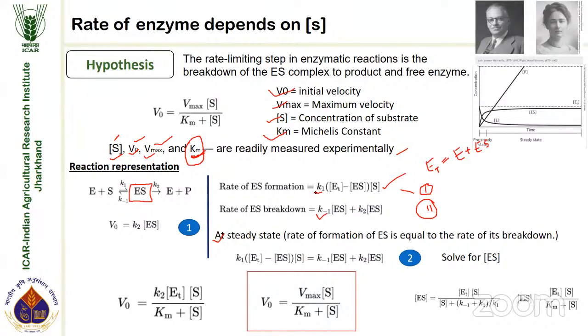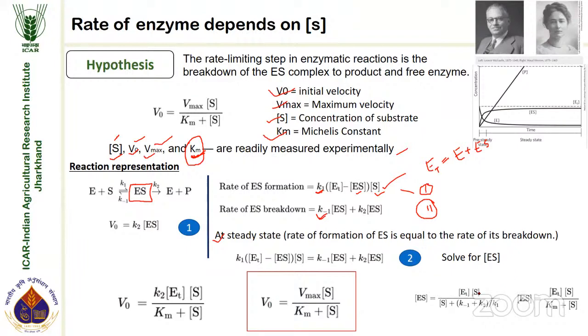Okay, K2 and K1 are constants. Two variables are there: one is substrate, and another is the ES. So just solve for the ES. You will come across